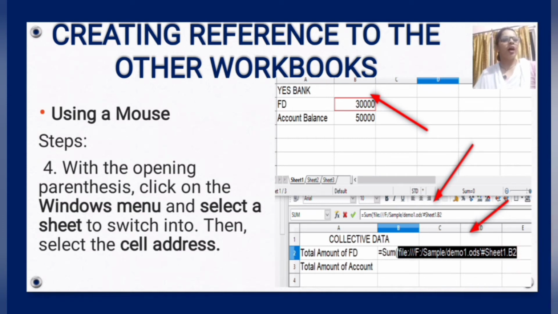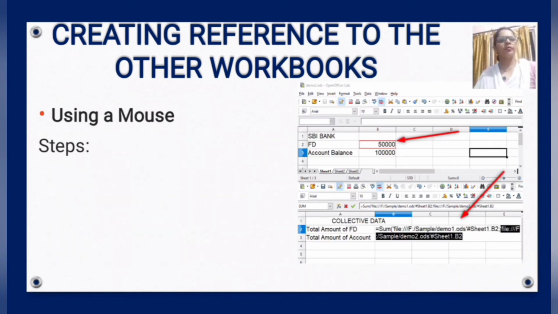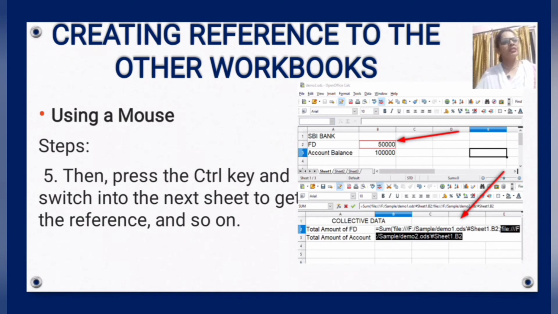Next, press the Control key when you want to combine your sheets. Then click on the Control key and set the reference, and so on. We go to the second sheet, SBI Bank, and click on this cell. After that this address will also come to combine.